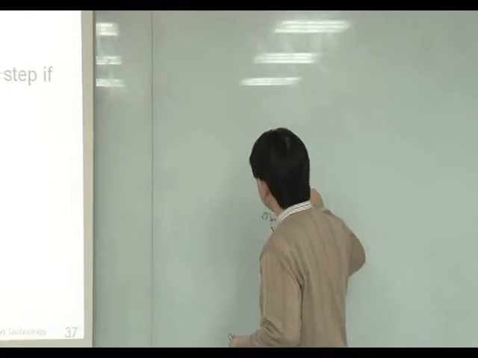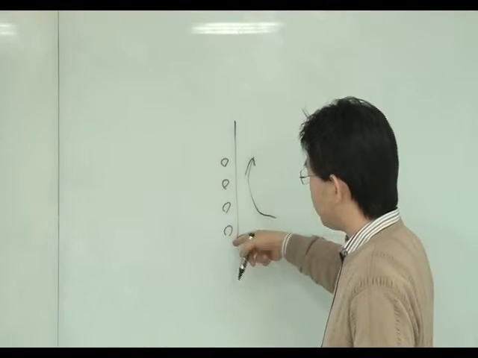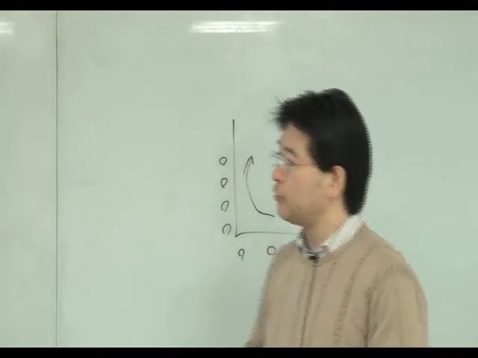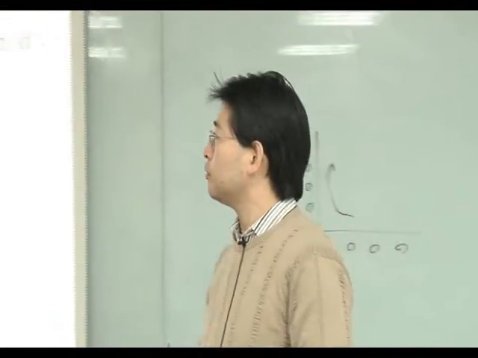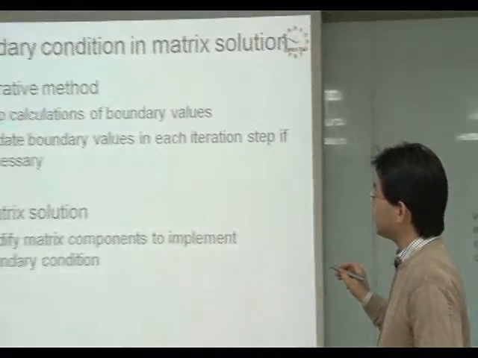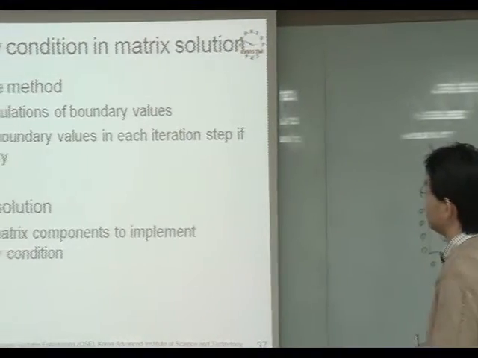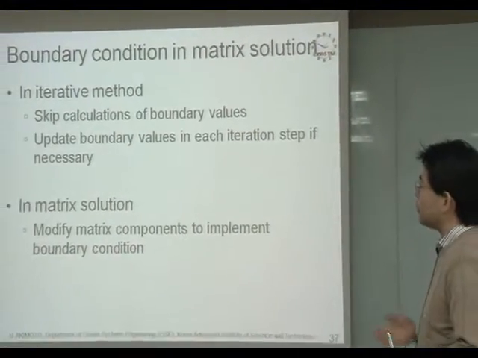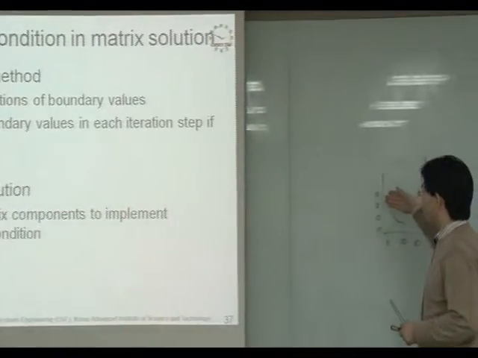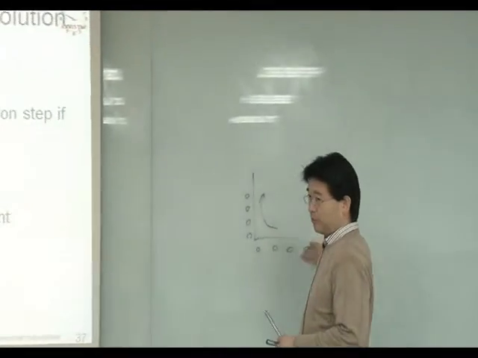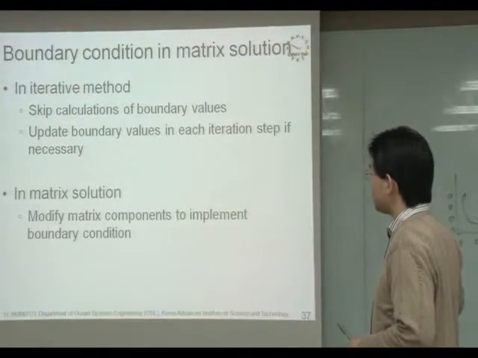If there is a flow field and they have dummy points, you do not have to calculate these points. A simple way is to skip calculating these points, and in each iterative step set the proper values on these points. It is very natural. But sometimes